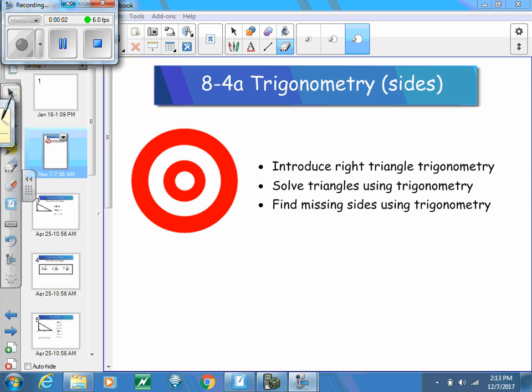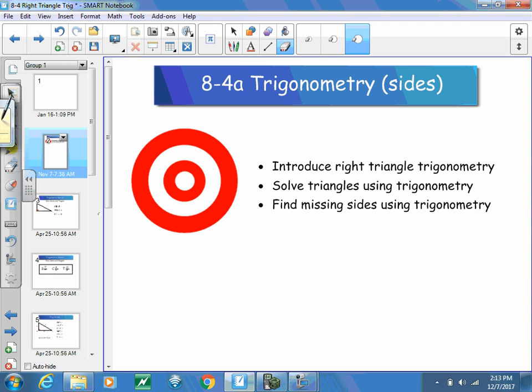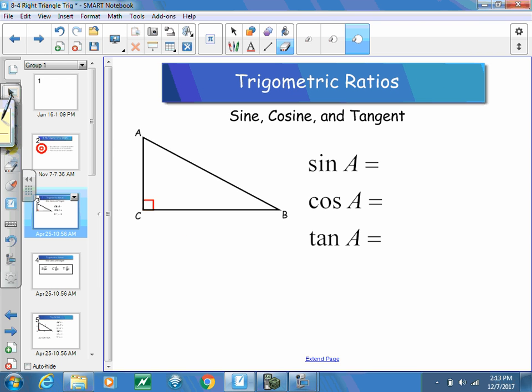All right, section 8.4, we're going to be introducing you to trigonometry and right triangle trigonometry. In this video, I'm going to show you how to use that to solve right triangles, both missing sides and missing angles. So first of all, I want to introduce you to the trigonometric ratios of sine, cosine, and